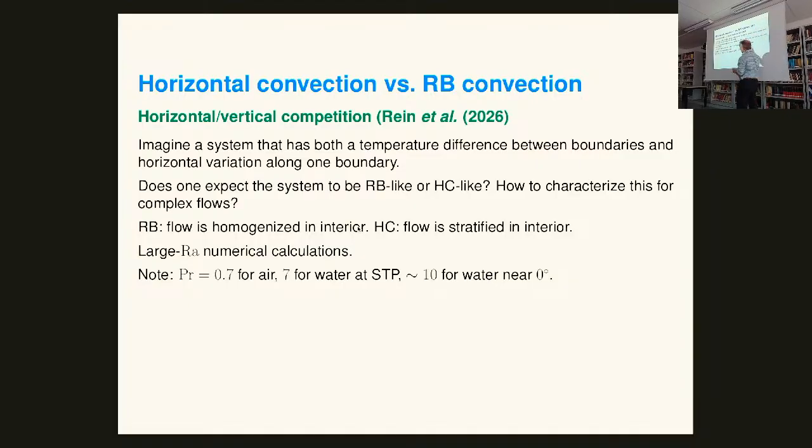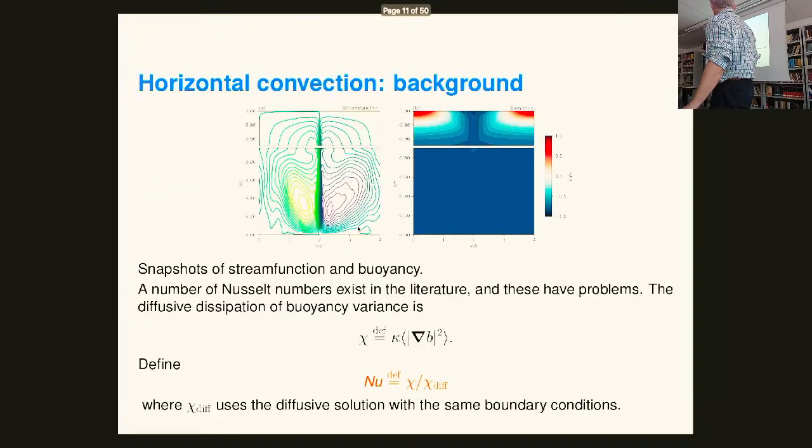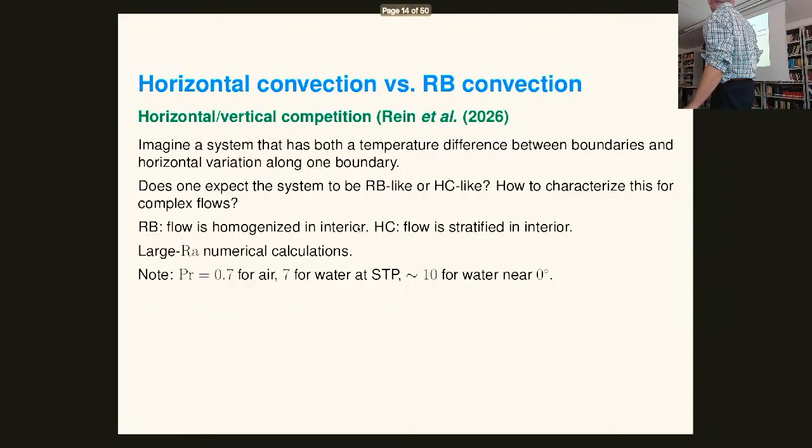Whereas horizontal convection, I showed you a picture. You could see that actually the color scale was not very good. But it turns out that if you average this over the whole domain, it's stably stratified. It's not obvious. There we go. So this is a calculation to understand when do I get things that look like Rayleigh-Bénard, when do I get things that look like horizontal convection.